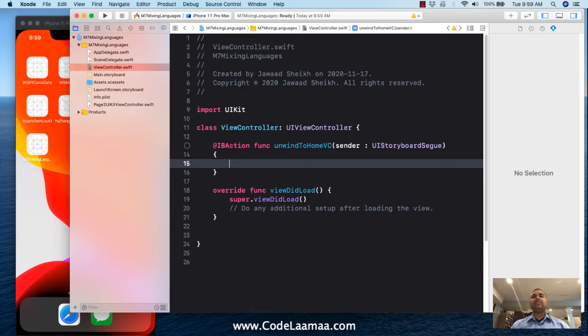Unless you want to actually have some code happen during your segueing back to your home page, you don't need to add anything. You have an empty method. It's just the fact that the method exists in the first place, that's what's important to Xcode and Interface Builder, so they can actually make the connection. Now that we have this method here, I'll just Command S to save and go back to main.storyboard